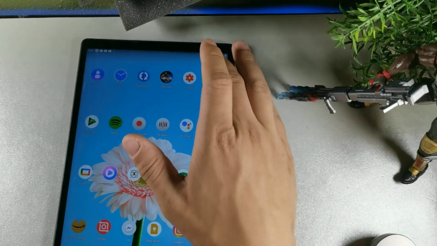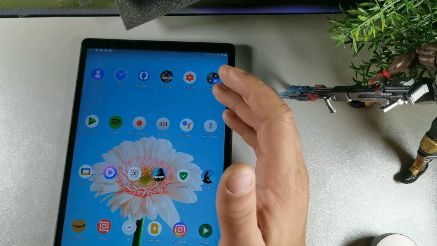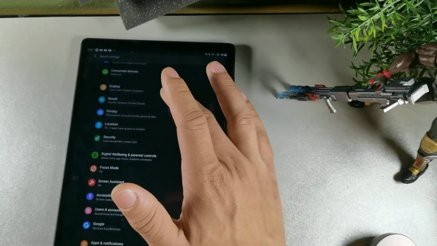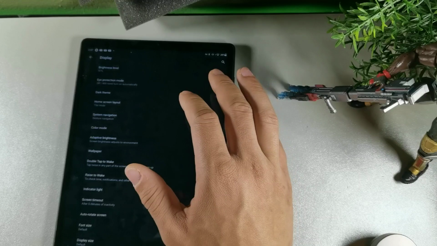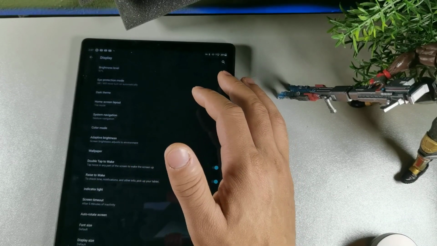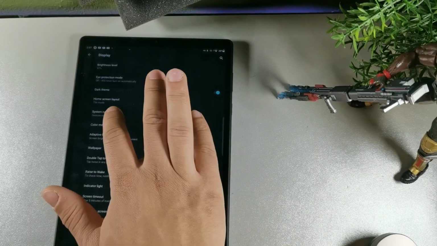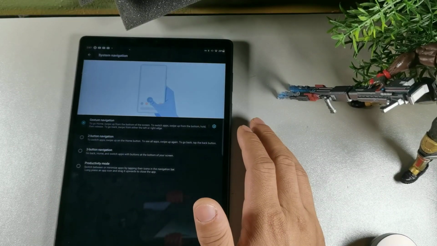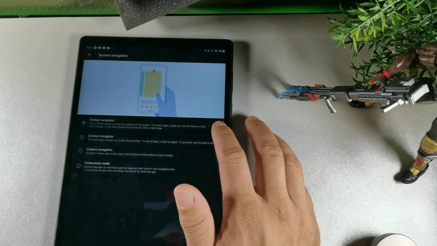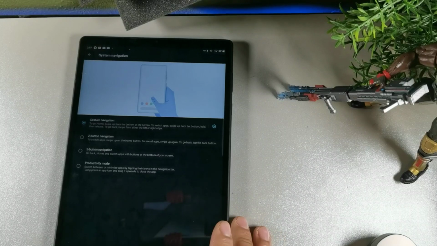Now, another thing I like on here is this gestures option. So what you're gonna go ahead and do is go into display, where it's gonna give you more gestures. And while you're in this option, you're gonna get to the system navigation right here for gesture navigation. So you can choose the regular gestures, where it gets you the side scrolls, 2 button, 3 button navigation, or